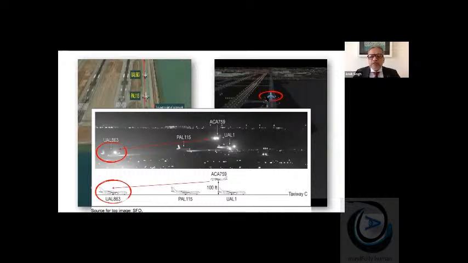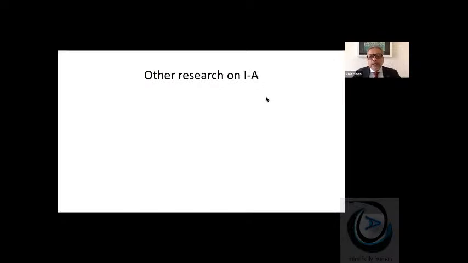So these are things which affect inattentional blindness. There is other research done on them by Christopher Wickens of the University of Illinois. He was conducting simulator experiments on aircraft with head-up display. A head-up display is supposed to gather all the data and present it in front of the pilot so that he does not have to move his head. So if he is looking outside, the pertinent data is in front of him. It's supposed to enhance safety. But as per the experiment, he came to a different result.